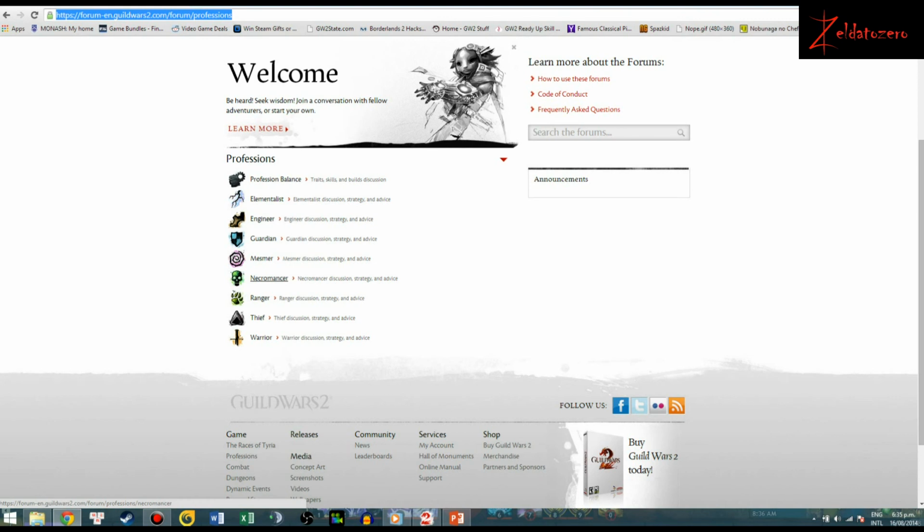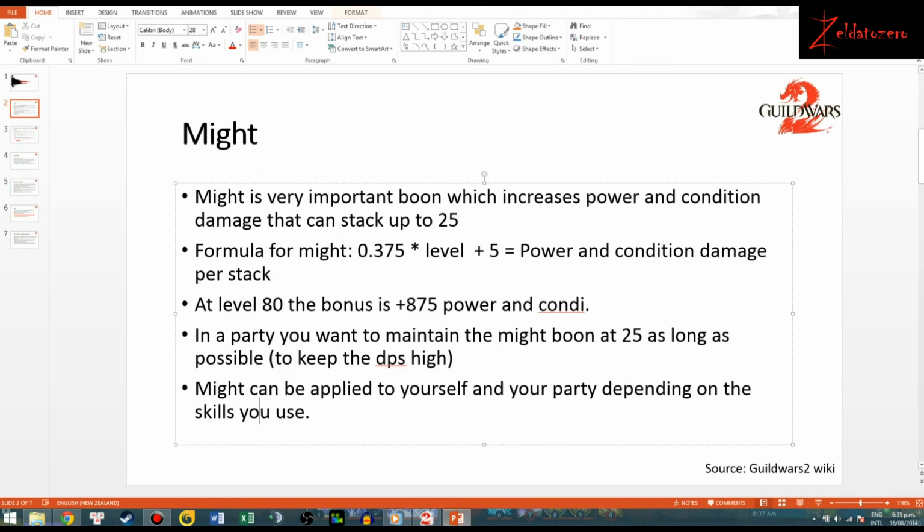So it will be better for you to just have a look at the official forum and on YouTube, or if you are in my guild, you can ask people around on how you can improve your play style for your class. If you have any questions like that, just ask people in the guild and they are happy to help you out. Alright, so moving on to